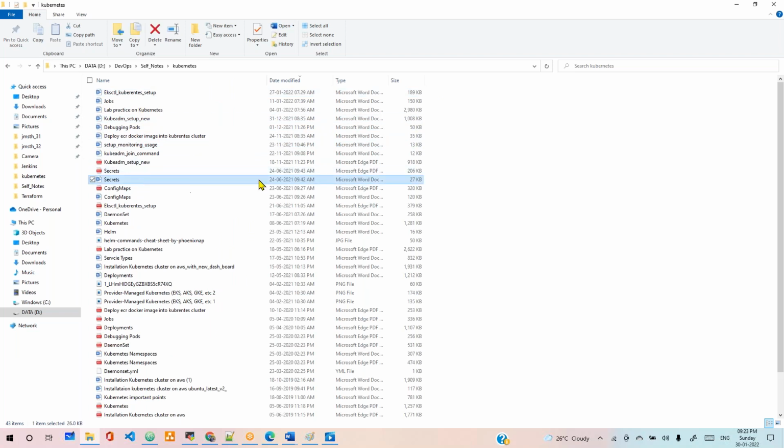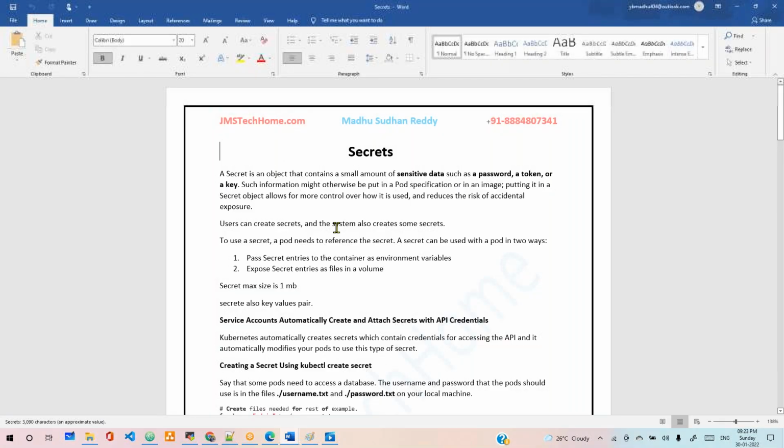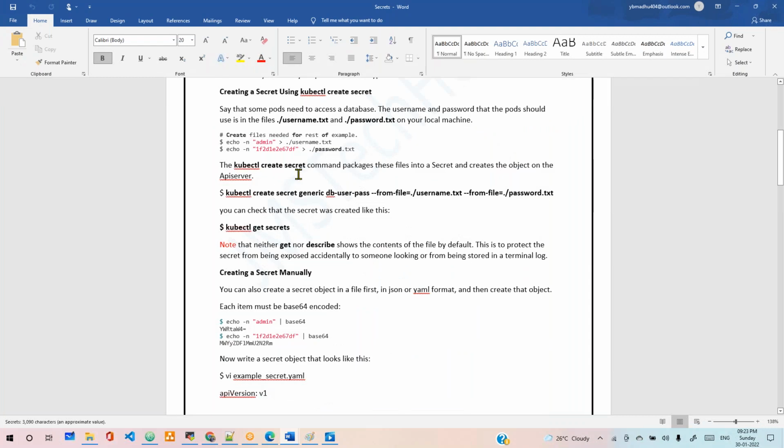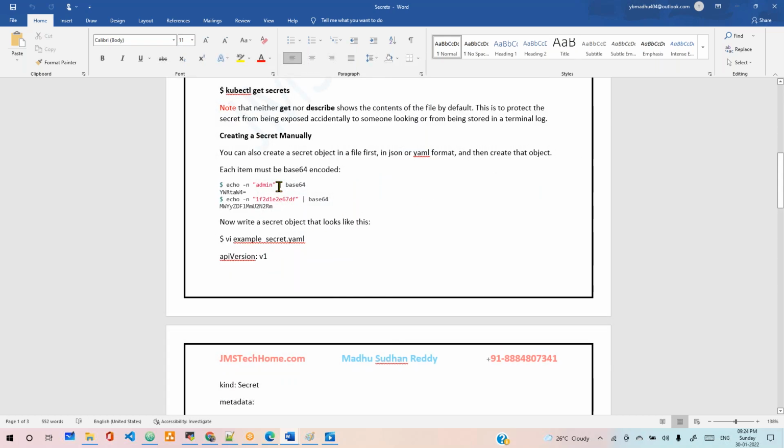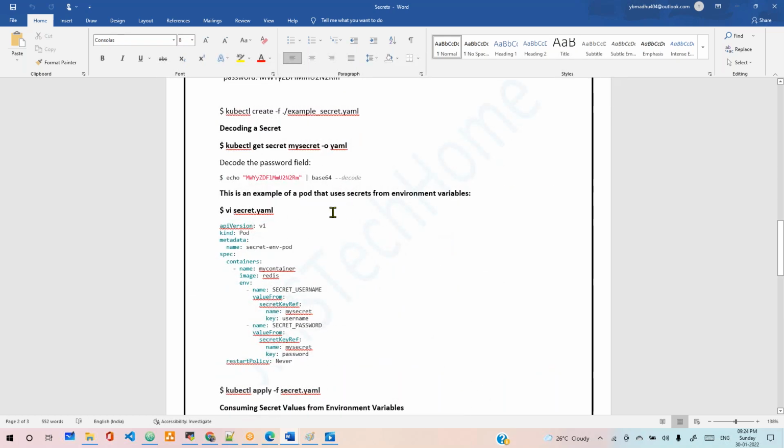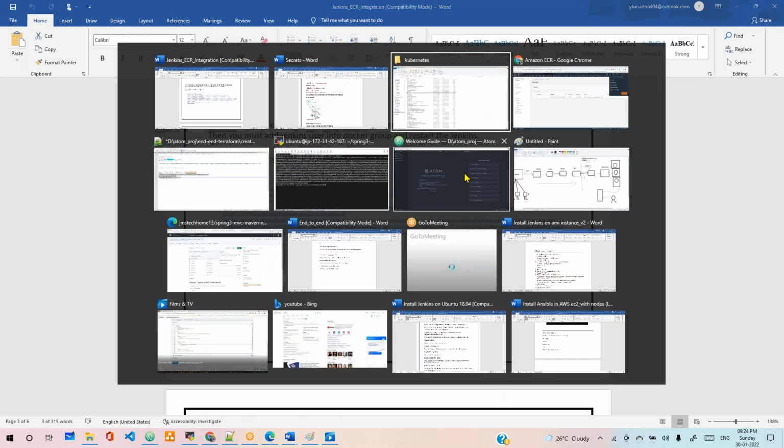Again, I need to go for the secret class. How can we create a secret object here? kubectl create secret, name, and then from file or from text, from command, we can do it in multiple ways. The same way here, this is a command line. Now here, what we are creating now, we are creating a